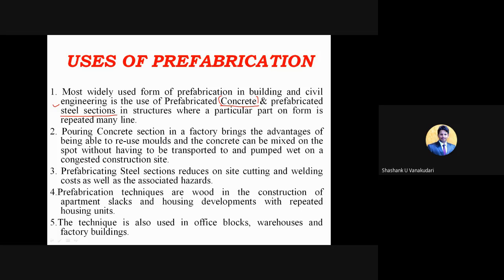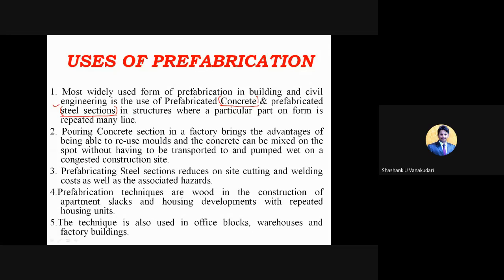When you have used these steel sections, if you don't want those particular sections in that area, again you can shift them to the required location just by disjoining those structures. That will be very helpful to shift that particular building or frames from that place to the required places.